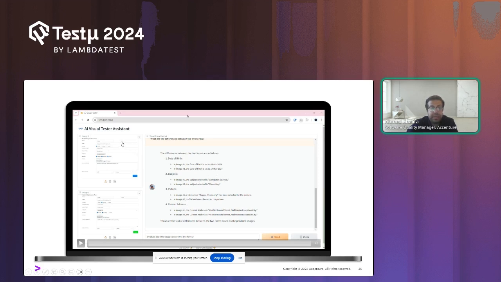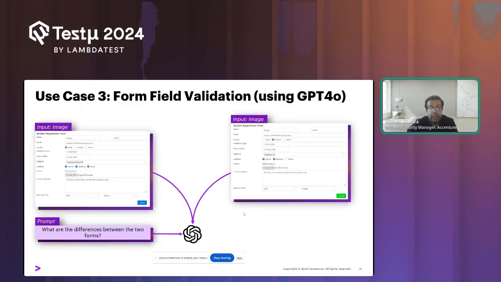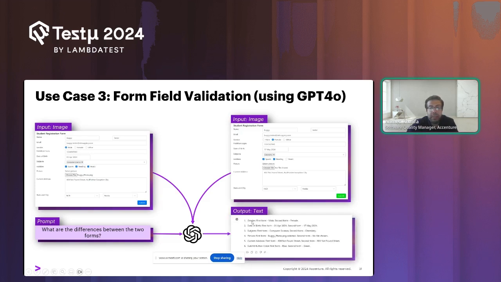So for example, the tester, capital and small, it's not caught, and other things are also not caught. So it's able to identify differences, but not all differences. And if I try the same with GPT-4o, which is the enhanced version of the model, with exactly the same two forms, you can see it was able to catch all the differences. Before it was only 4 differences, and now we can see everything.